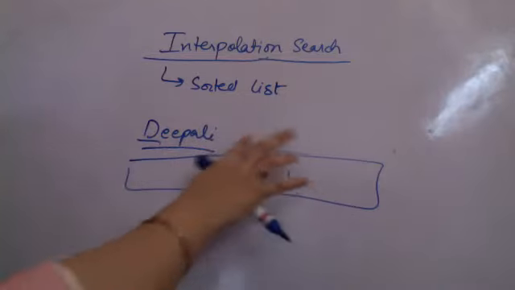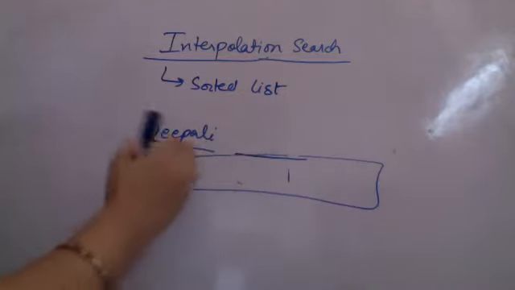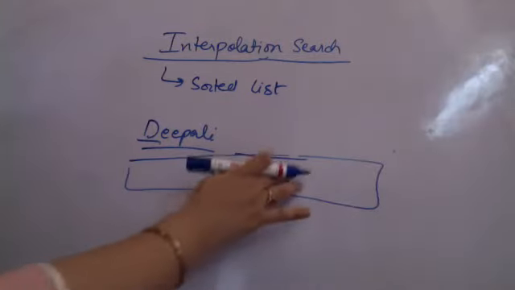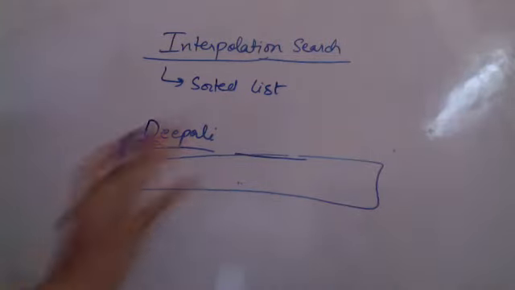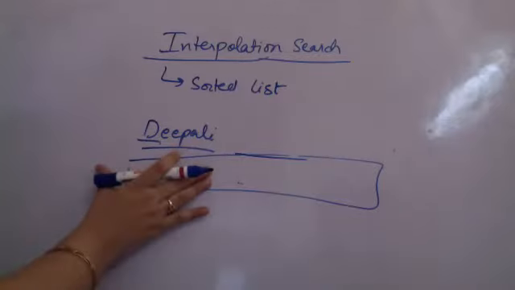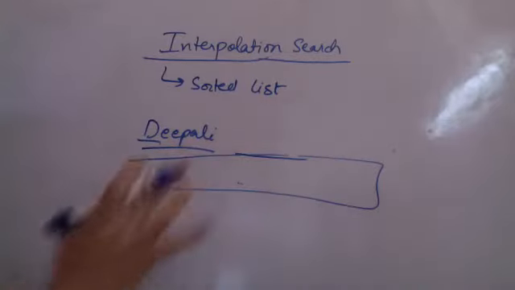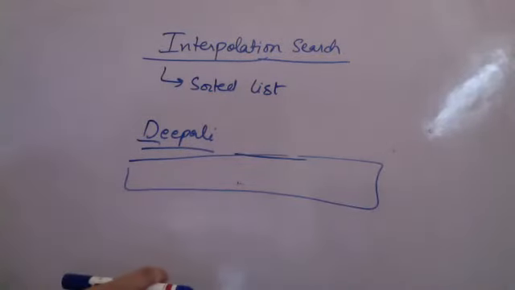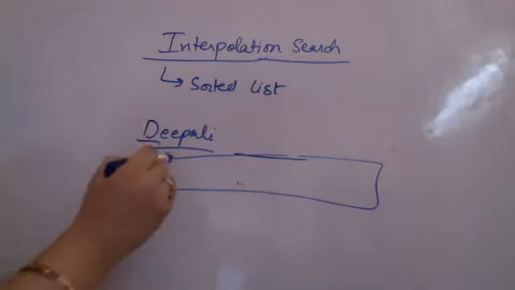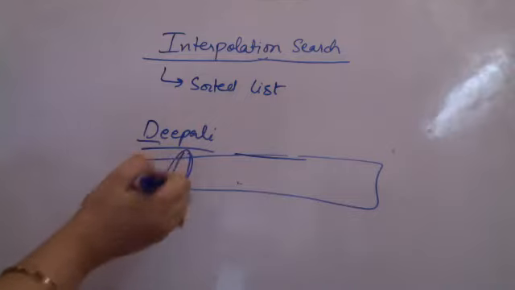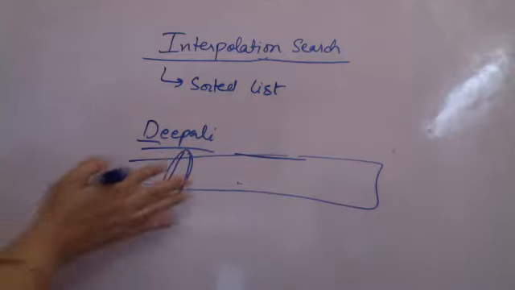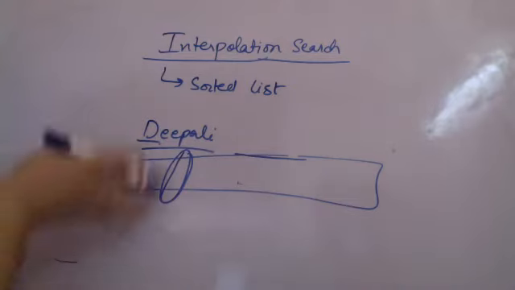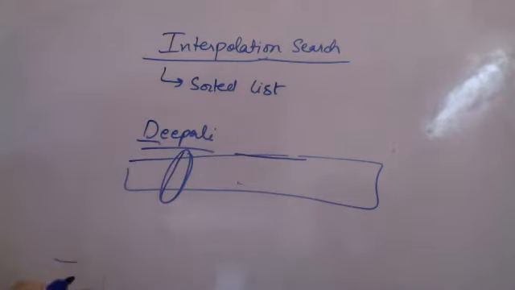Assuming, I'm again saying assuming, that there is a distributed list of sorted array. Distributed list means assuming that small elements are here and bigger elements are here. In that case, if it is an evenly distributed list of sorted elements, then I will only need to search in the very beginning. I need not search later on. How can I do that? That is what we learn in interpolation search.